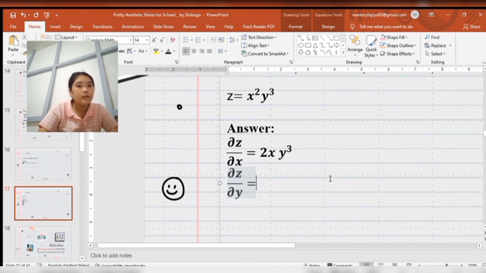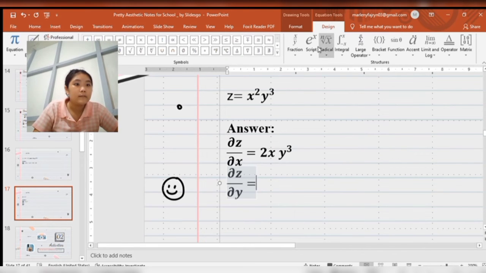When we want to solve the derivative of y, the x will be constant. We type again x with 2 power,